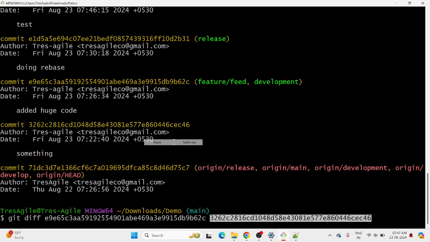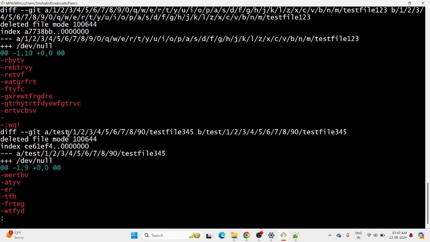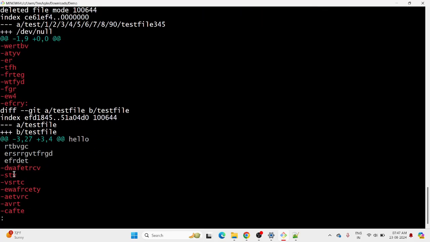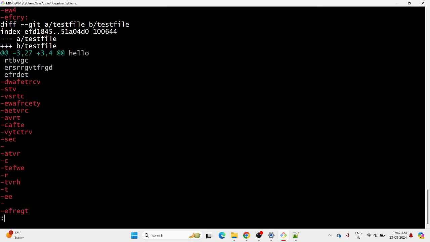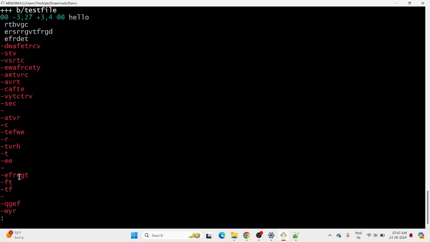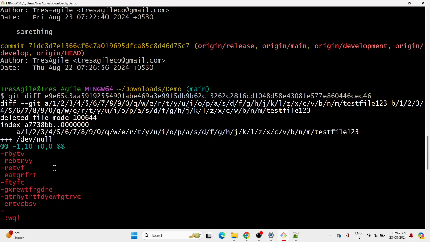What are the differences between these two? Correct? These are all differences, it seems. The content, the file. This is the file, this is the content. Who understands this? I never understood this one. Let's say this is the test file 345. This is the content. You can see it. I mean, it's not a bad thing,